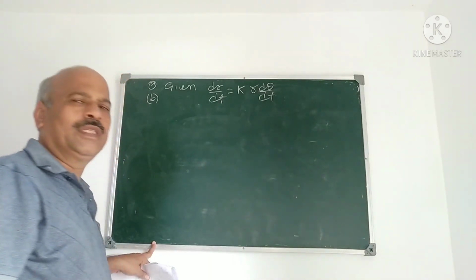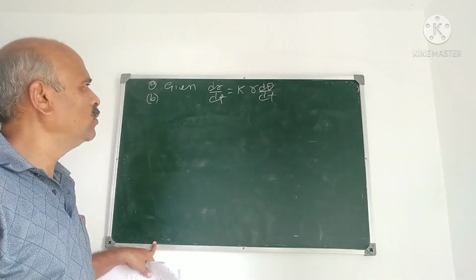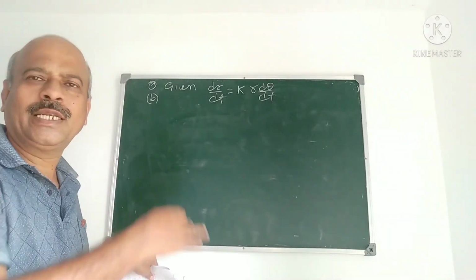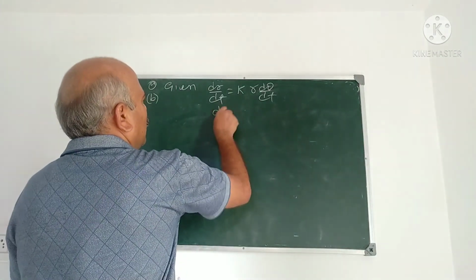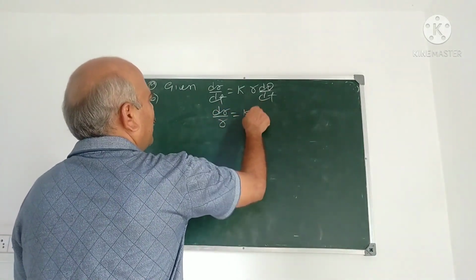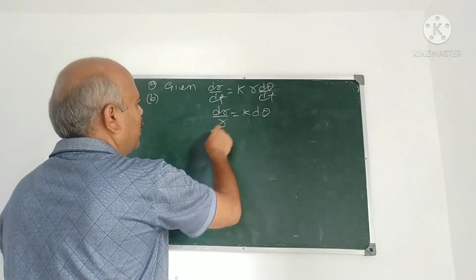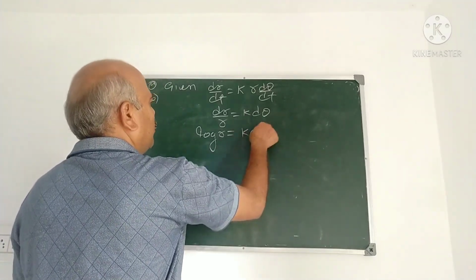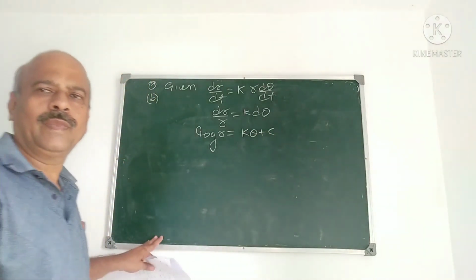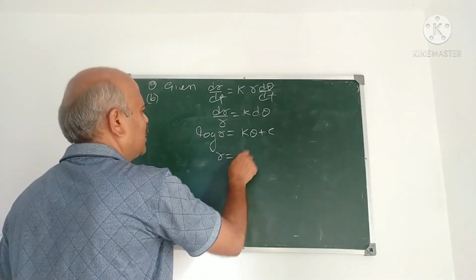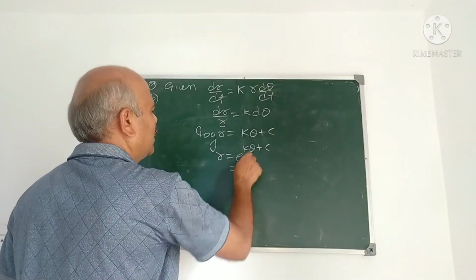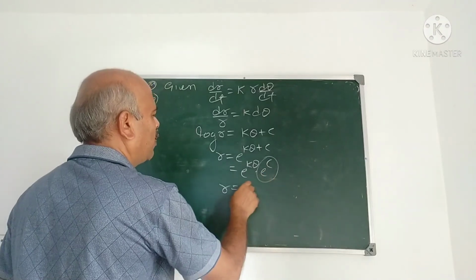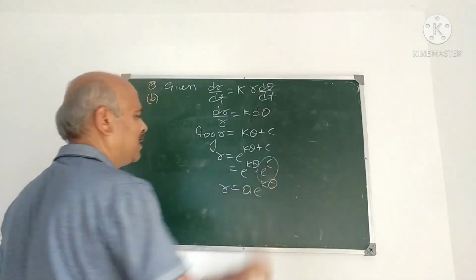It is also a differential equation, and we reduce these two differential equations to two variables r and theta, and separating variables we can get the solution that represents the curve. dr by r is k d theta. Therefore, integrating, log r is k theta plus c. This is the integration, log r. Therefore r is e raised to k theta plus c, or e raised to k theta into e raised to c. So I take this as a constant, r is a e raised to k theta.